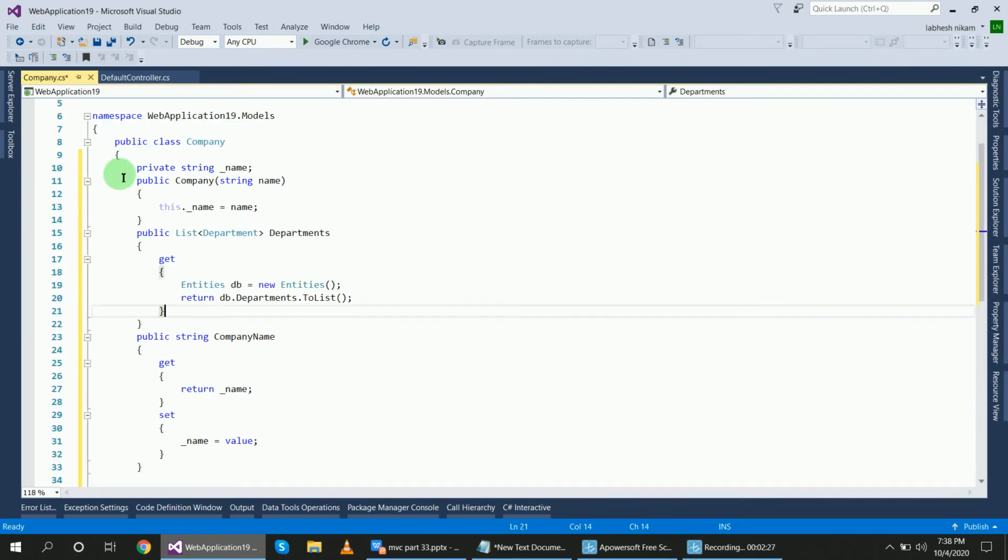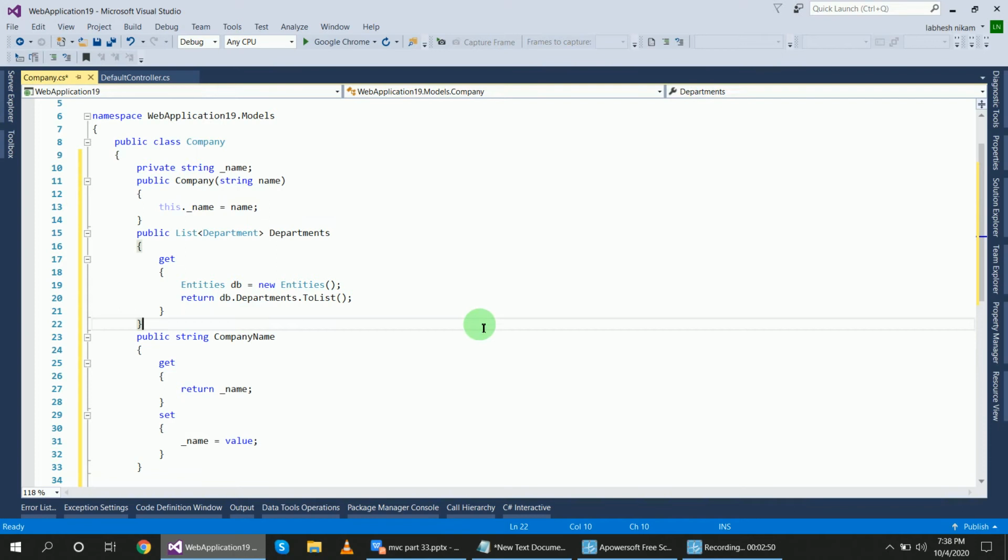Inside of this I have added a private string name and created a constructor for this Company class. Inside of that I have passed the string variable name and assigned it to this parameter.